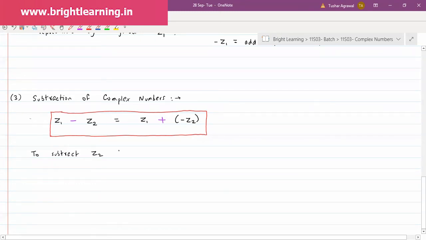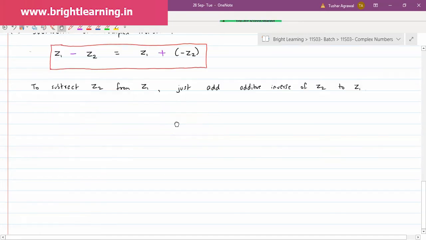To subtract Z2 from Z1, just add the additive inverse of Z2 to Z1. So if this definition is given, Z1 is equal to x1 plus I times y1, Z2 is equal to x2 plus I times y2, and